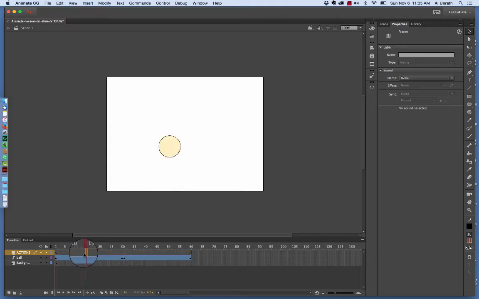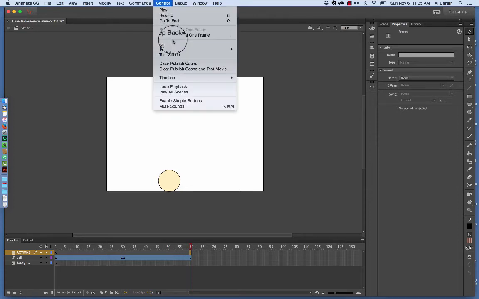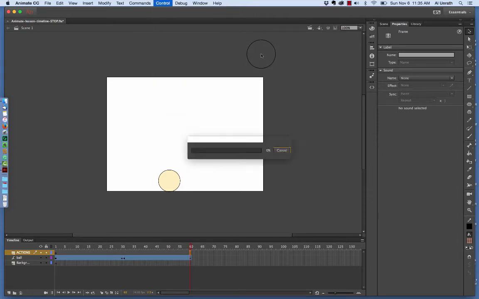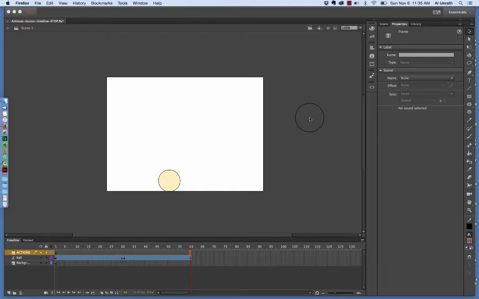So I'm going on there. I've created the actions layer. It's just literally a blank frame all across. It went out to frame 60 because that's where I ended the last time. And what I want to do is stop the program at frame 60. That means that instead of it playing over and over again, I'll show you here basically what happens previous to this. So if I run it now in my browser,